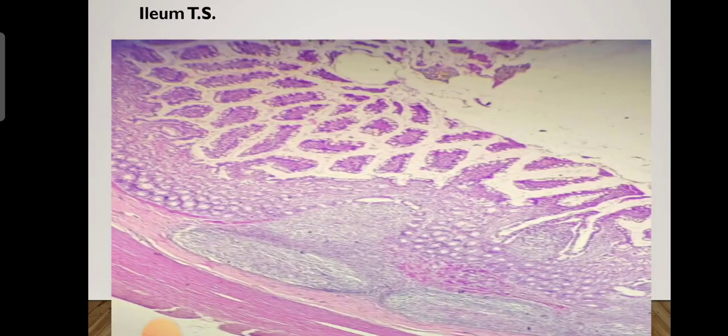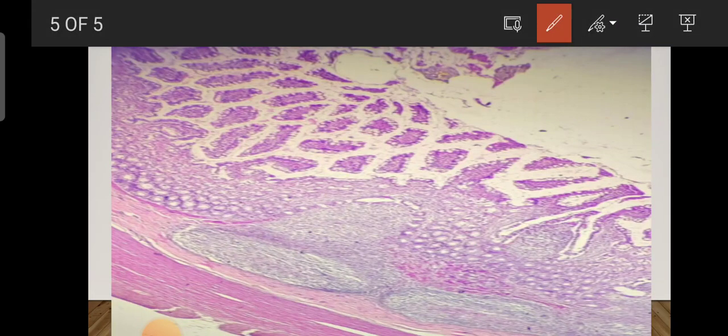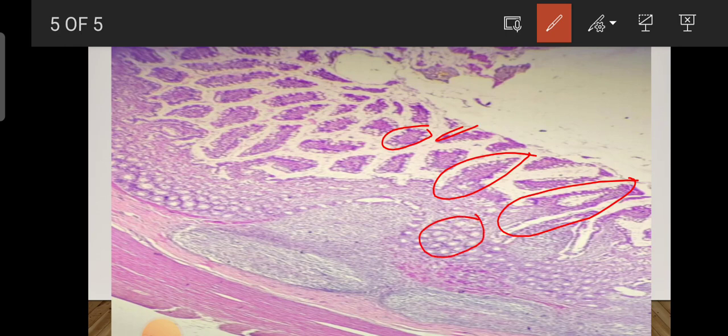Then this is the transverse section of ileum. Here we can see the villi are small, lined with ciliated columnar epithelial cells, and also these blank spaces, that is composed of the goblet cells. Then in the lamina propria we again see these intestinal glands and few fibers of smooth muscle cells. Then below the lamina propria is the muscularis mucosae layer, which is composed of inner circular layer, and the longitudinal muscle cells in ileum